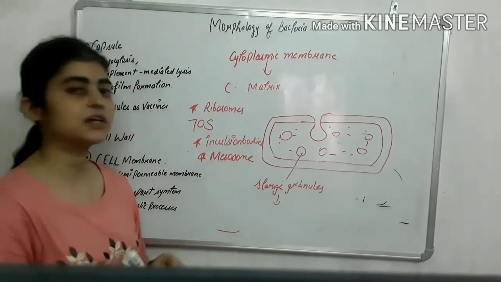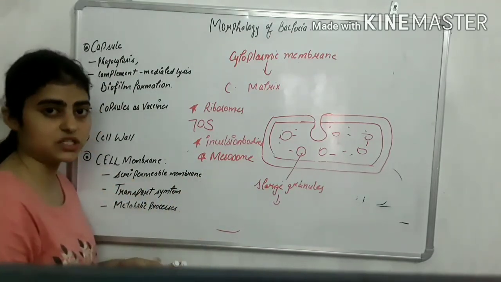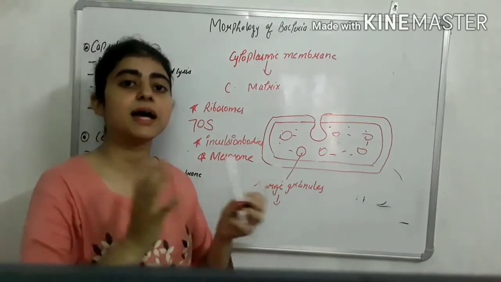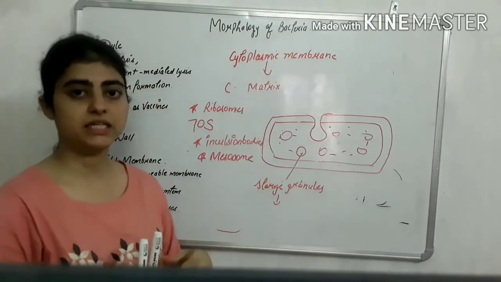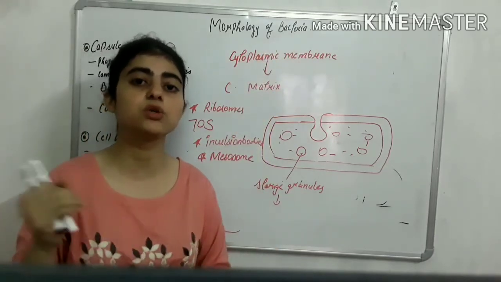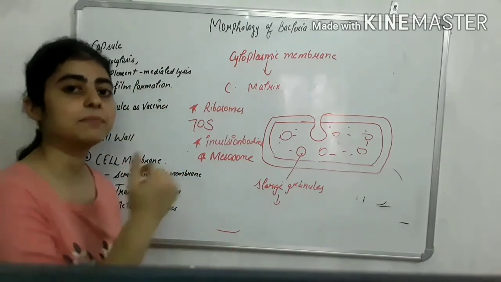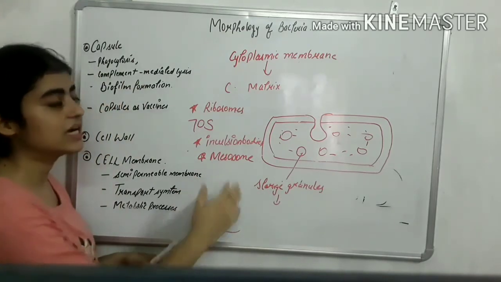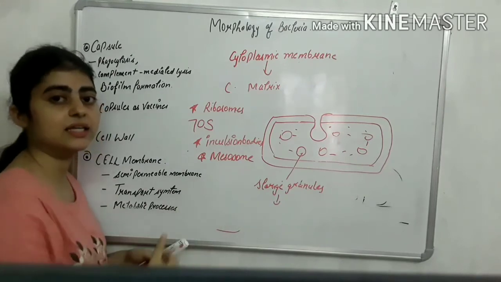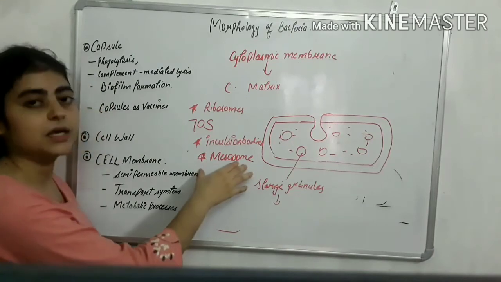Now what is the function of these mesosomes? These mesosomes are the site of replication. They contain some enzymes that work as mitochondria for the bacteria. Bacteria do not contain mitochondria. Mitochondria are present in eukaryotic organisms, but the mesosome works as a mitochondrion and helps in the respiration process of bacteria. It also plays a role in cell division. So this is what we call mesosome.